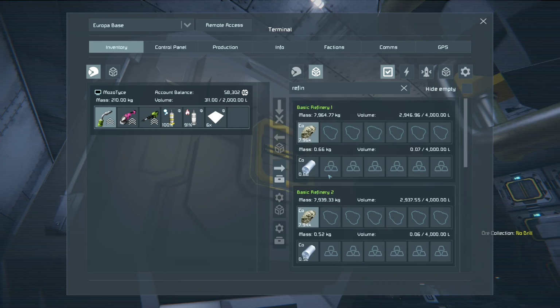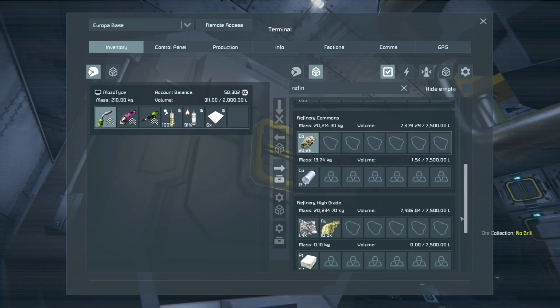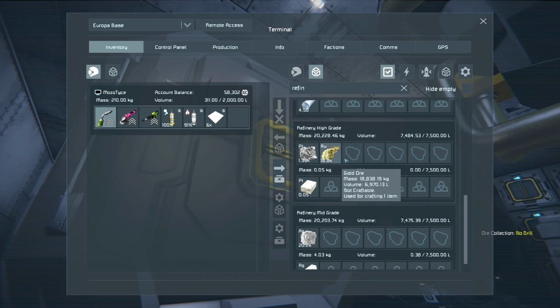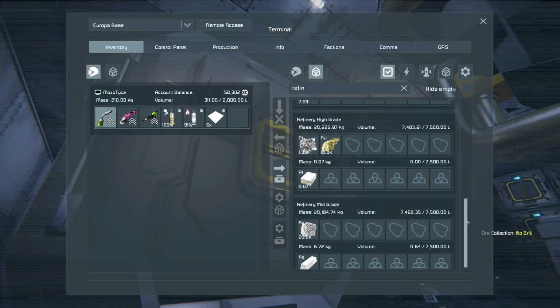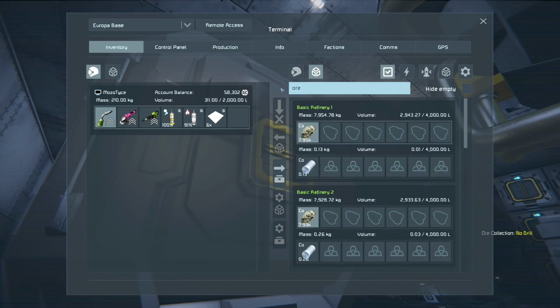So the two basic refineries are whirring away there. Commons is still on cobalt. Refinery high grade, we're doing platinum and gold. And then the mid grade is the silver. And if we just look at the ore,